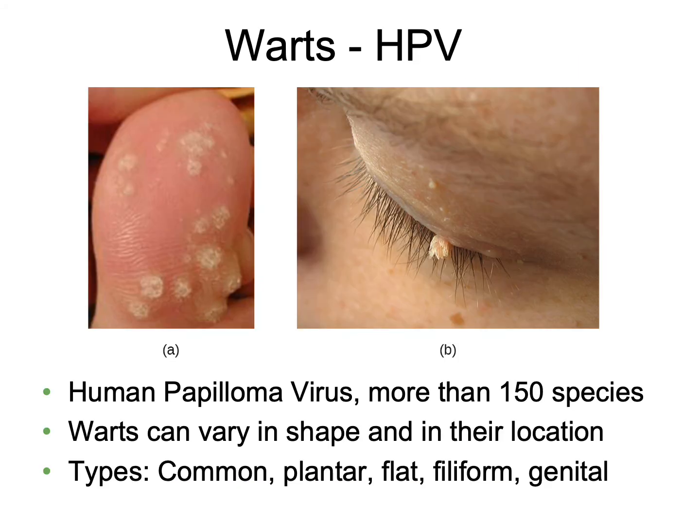Warts are a superficial mass of hyperkeratosis. They are built up from the human papillomavirus, and there's 150 different types of species of this virus that causes many different types of warts. They can vary in the way they look, in their shape, and their location. They can be on your feet, your hands, they can be on your genitals,